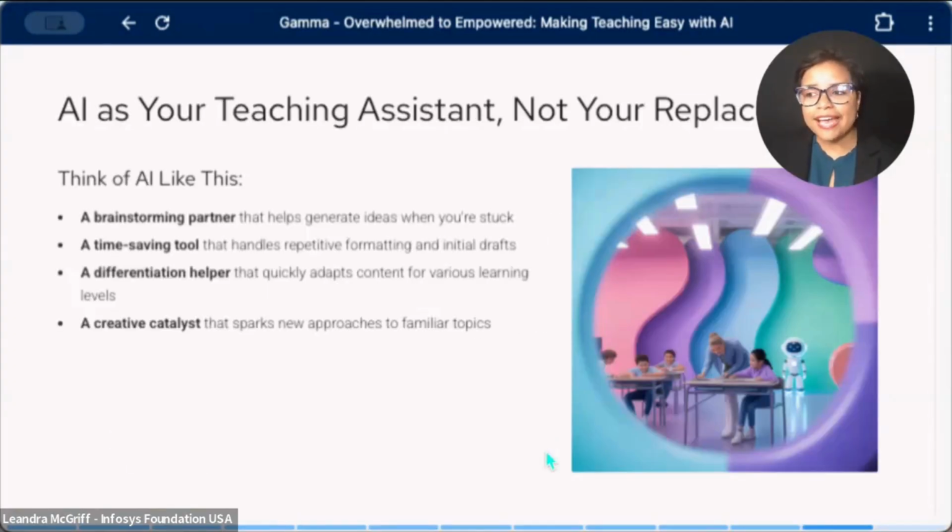All right, so let's think of AI like these four things, and we'll be referring to them today as a brainstorming partner that helps generate ideas when you're stuck, a time saving tool that handles repetitive formatting and initial drafts, a differentiation helper that quickly adapts content for various learning levels,